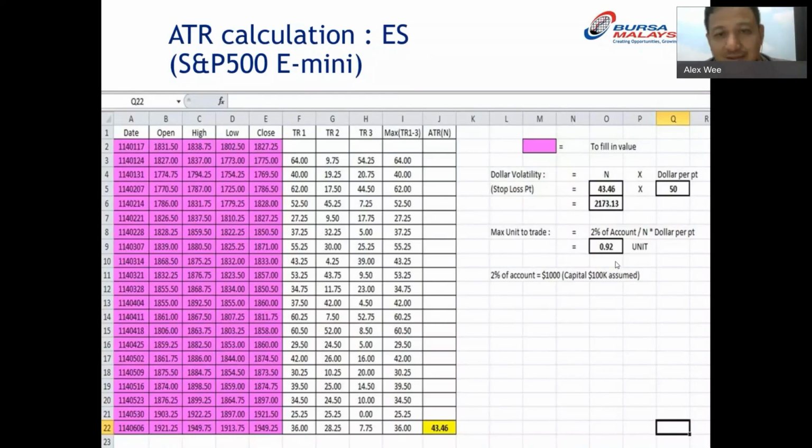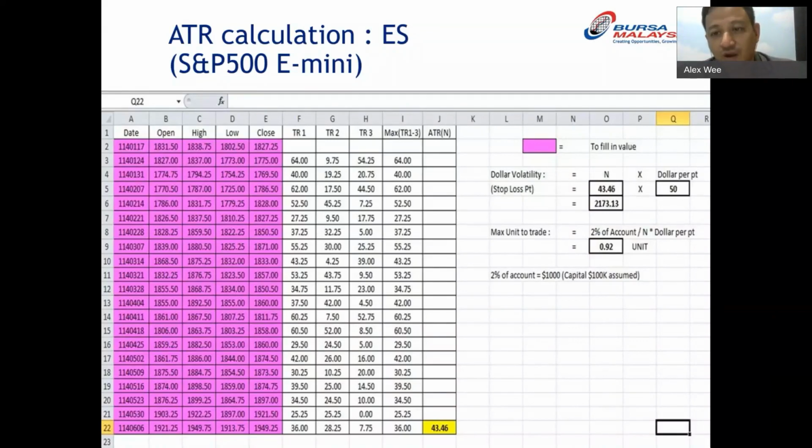So at least this ATR is a way of modeling the volatility of the past 20 days and then telling you how many units of share you should go in and what your stop loss price should be. These are the two very important decisions to make, because if you overtrade, meaning you enter too many units, you might lose more than what you desire. And if your stop loss is too near, you will hit your stop loss and the price goes up, and then you will feel very unhappy. Or if your stop loss is too far and unnecessary, the price will go down all the way and hit your stop loss, and you will lose more than you should.